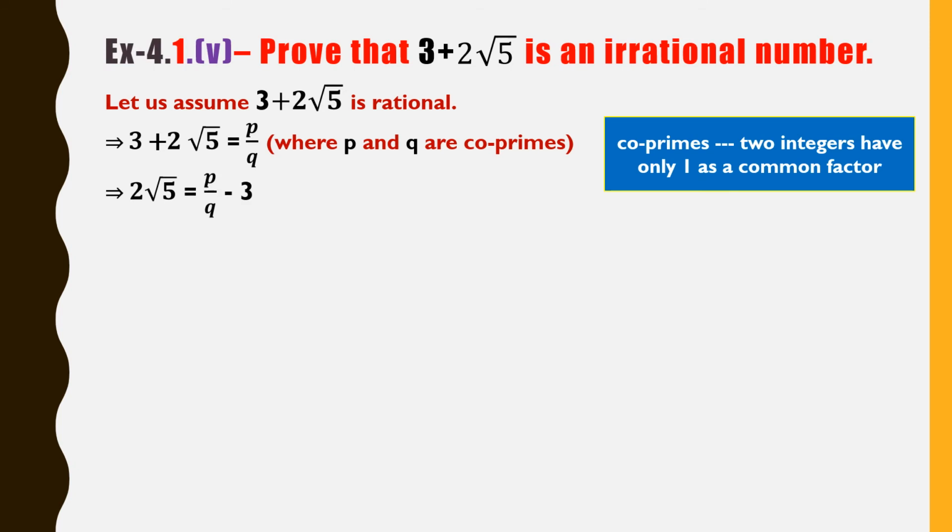Okay. Now first before sending this 2, we should send this 3, right? Okay. So when 3 is sent there, it will become minus symbol. Okay. Now you take LCM here. First you take the LCM here. You will get p minus 3q by q. Now the denominator is for the total thing. Now you can send this 2 here. Don't send this p directly here. Because if you send also, again you should take 2q as LCM. Okay. Now send this 2 here. It is multiplying. When it goes there, it becomes division.